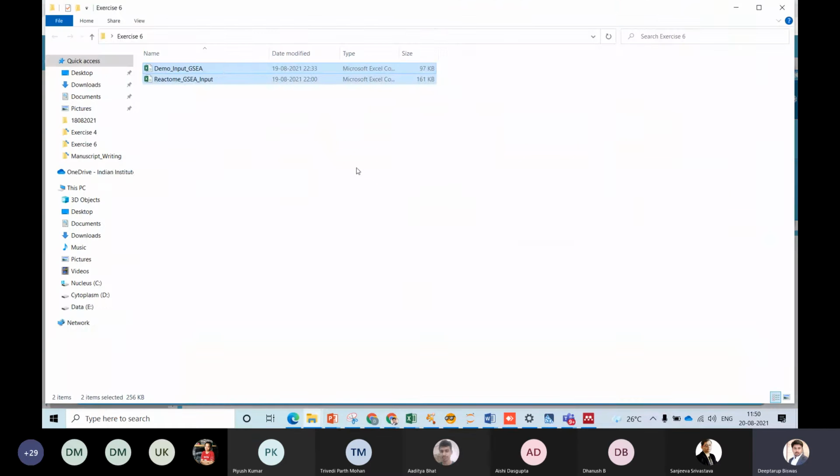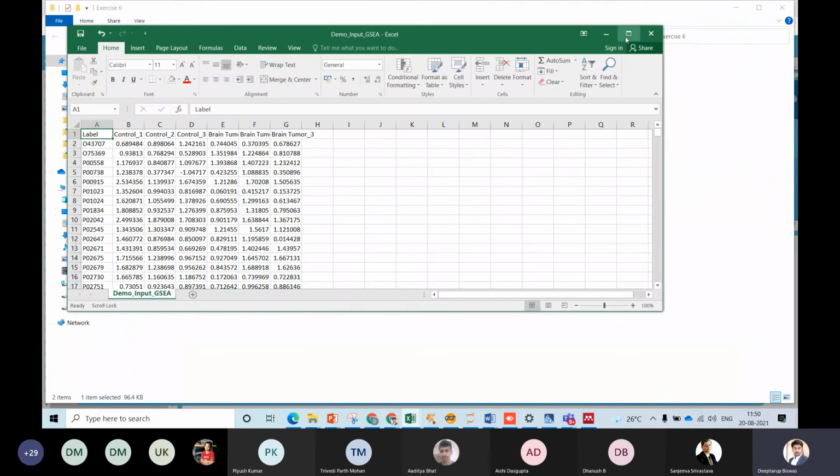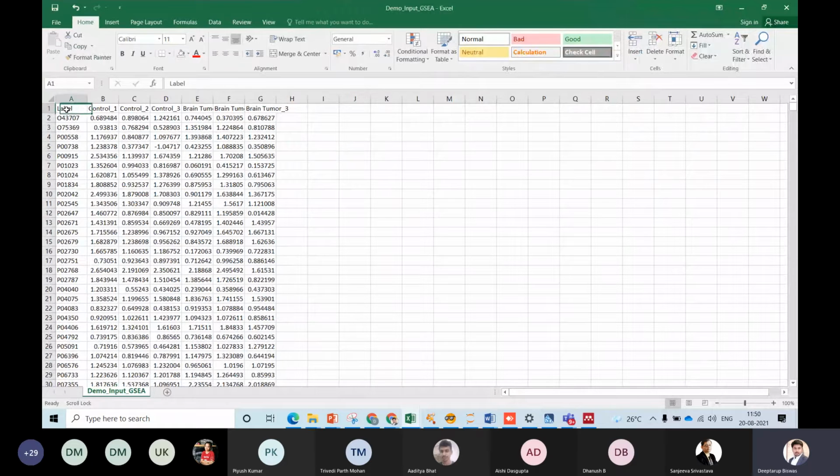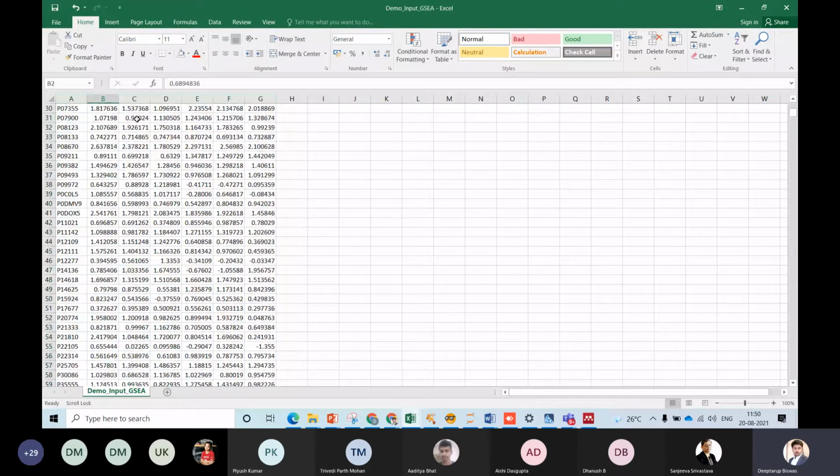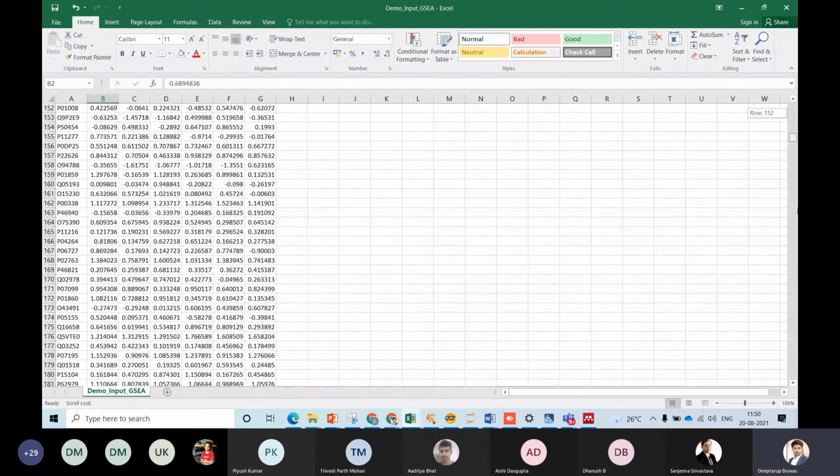So let me open a demo list, so you can see how the data actually looks. This data contains 3 controls and 3 tumors. That means the normalized, missing value imputed, log transformed data, the processed data, whatever you are getting of the whole number of proteins, we will use this whole list of proteins